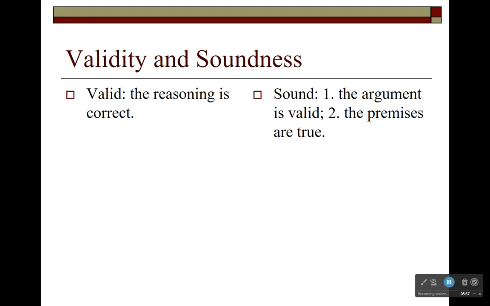We do evaluate the inferential claim, that is to say the claim that the reasoning of the argument is correct, but then we also evaluate the factual claims that are made in the argument. Are the premises put forth factually true? So sound is the broader evaluation that we make.